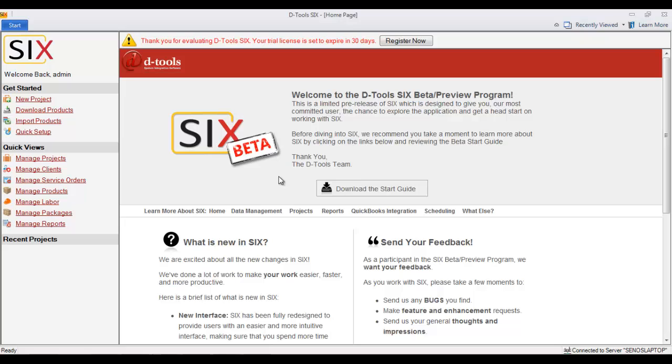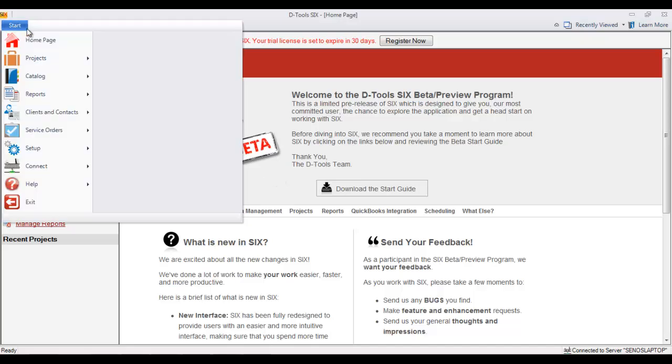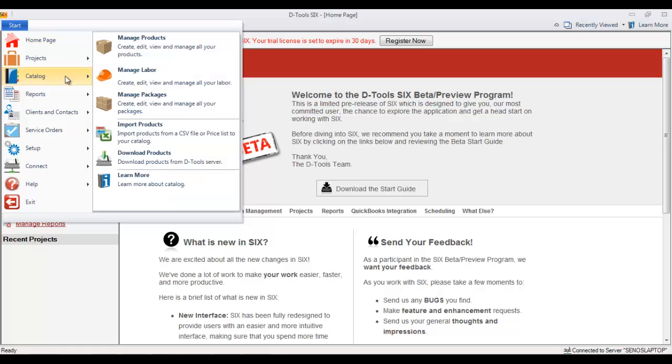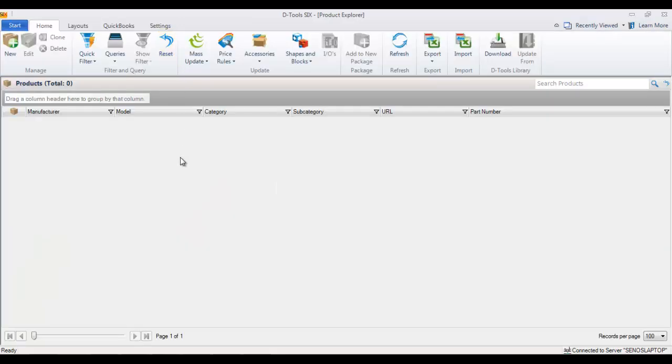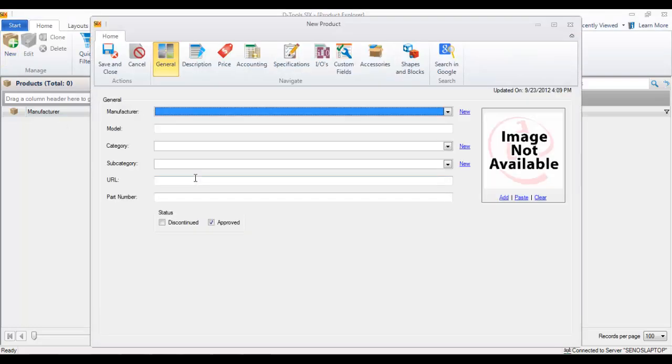This video demonstrates how to add a product to your 6 catalog. Go to the Start menu, go to Catalog, and go to Manage Products. You can enter a new product from scratch by clicking the New button, and here you will fill in general